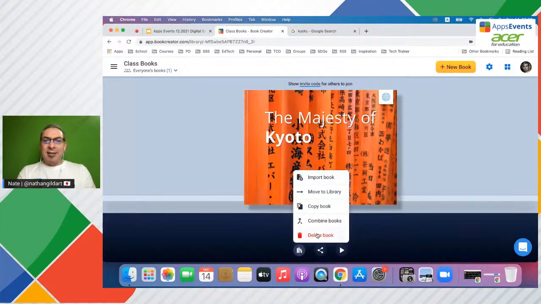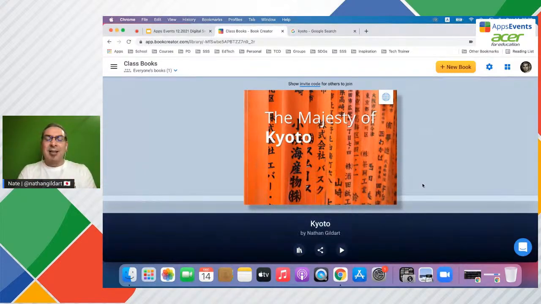If I click on here, this is where I can delete my book. You can actually take two books and combine them, two or more books and combine them, or that kind of thing. And this is where you would delete a book that you have. And here too is where you can change the title of the file. It doesn't change the name of the book, just the title of your file.